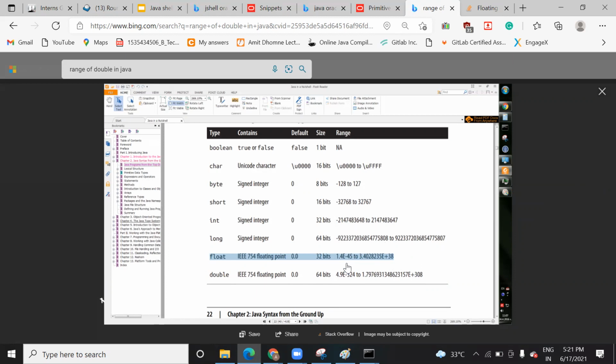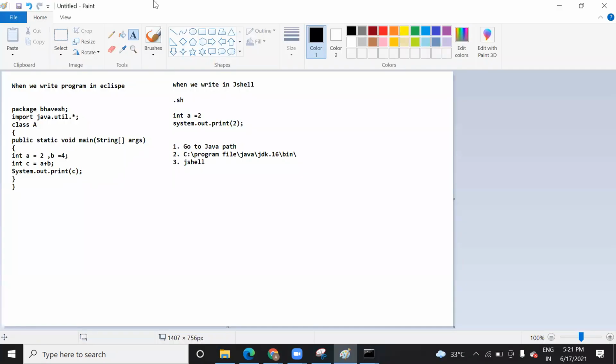Why is it? Because for floating point values, the value may become either too small for the compiler to understand, or too large to handle, because there is some memory restriction, right? 32-bit means, do you know what that means? 32-bit means you have 32 cells. Each cell is of 1 bit where you are holding the data. So if it becomes long, how are you going to save it? In that case, we use this representation so that in the cell you can save it like this.